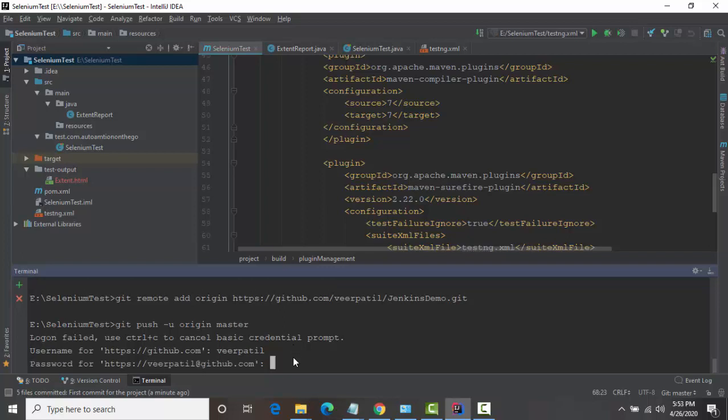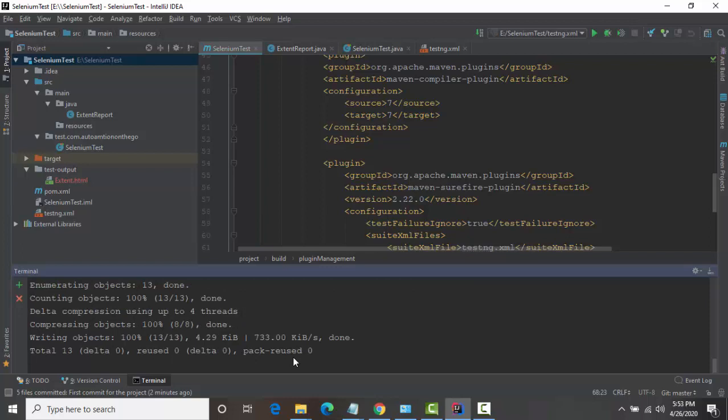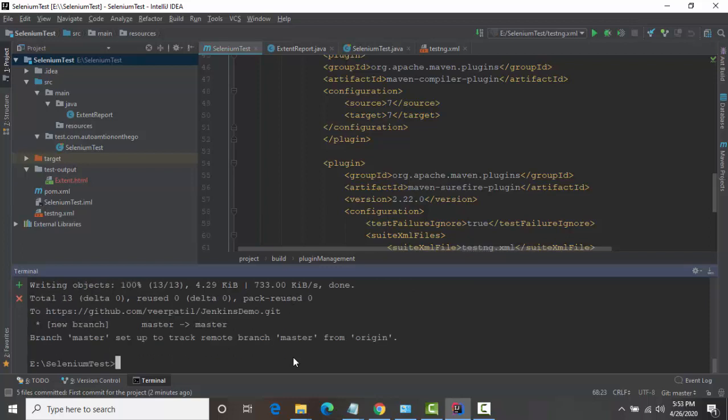I think my password. Yes, now it has taken the password correctly and it has pushed the code to GitHub.